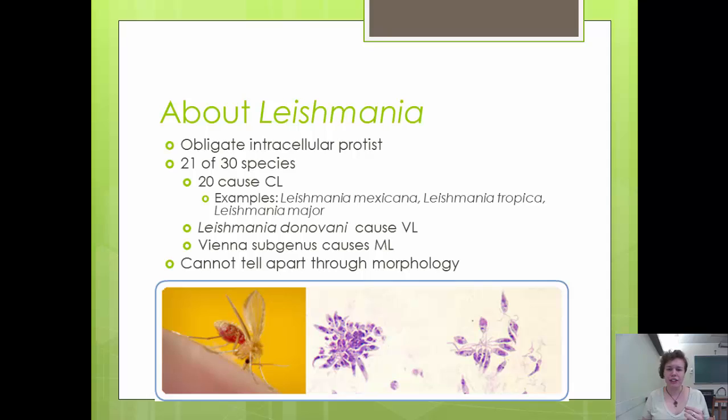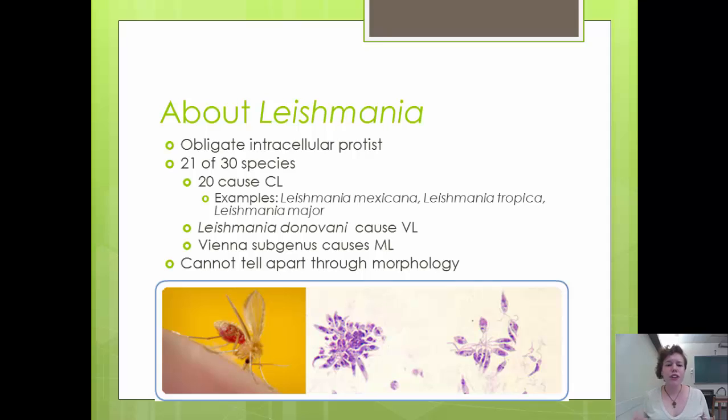So there are 30 species that infect mammals, 21 of which infect people. So there are 20 species that cause the cutaneous form, and examples of this are L. mexicana, L. tropica, and L. major. The visceral form is caused by L. donovani, which has two subspecies, which are L. donovani and L. infantum, or as it's also called, L. chagasi. The mucosal form is caused by the Viannia subgenus of the genus Leishmania, and that subgenus also causes cutaneous